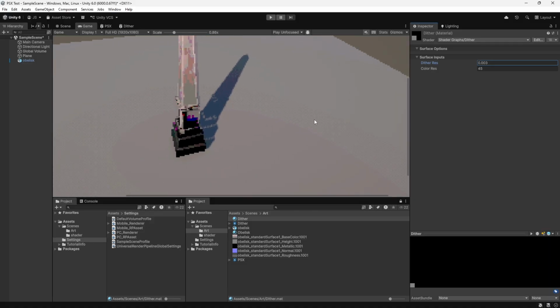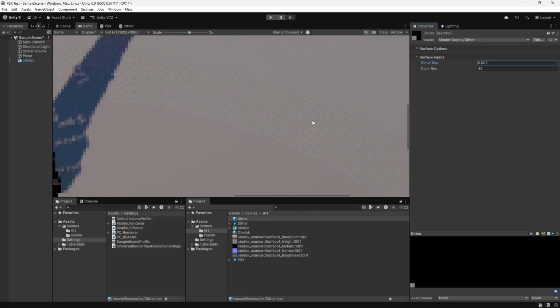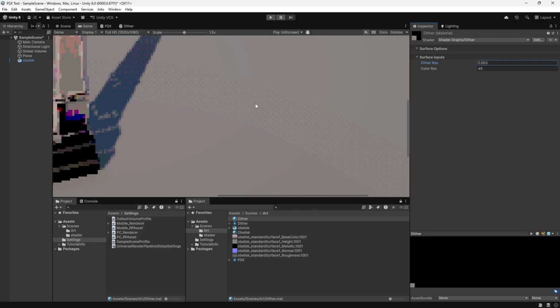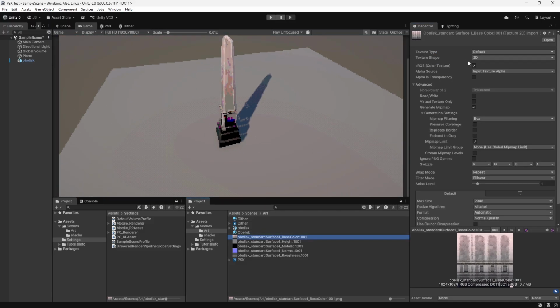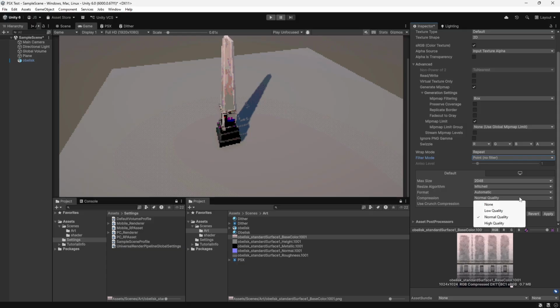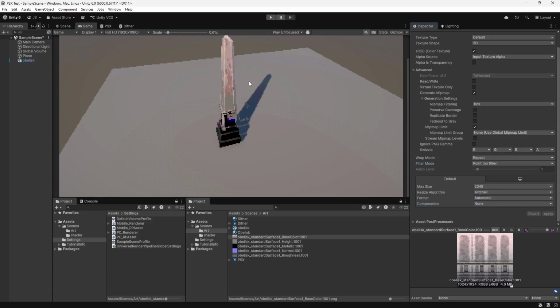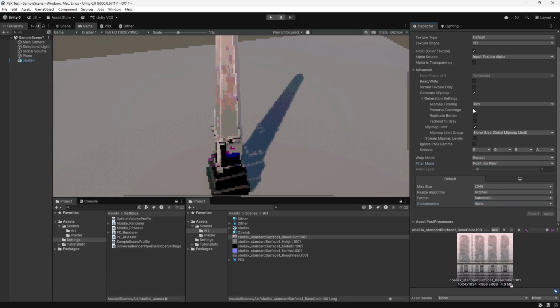With this low of a resolution, the artifacts for the dithering become really apparent, but also they're still pretty subtle, which is nice. If you want to change some things about your texture, I would recommend point and changing the compression to no. This just makes it so it's not blurry when it gets